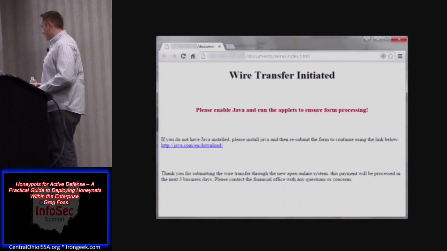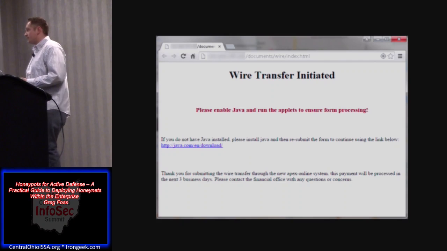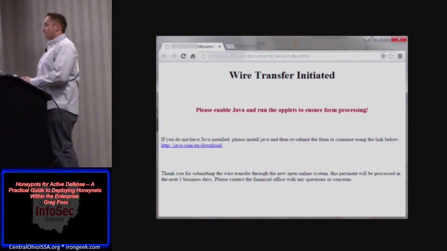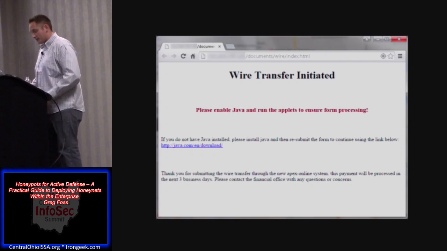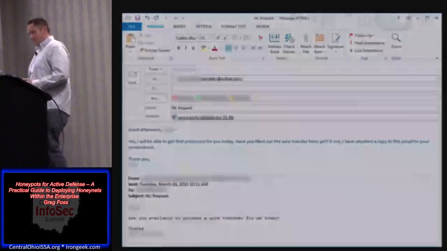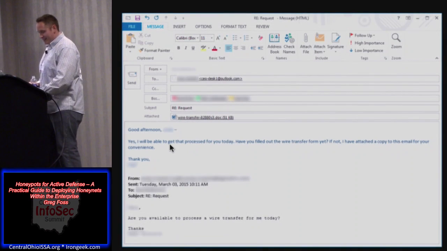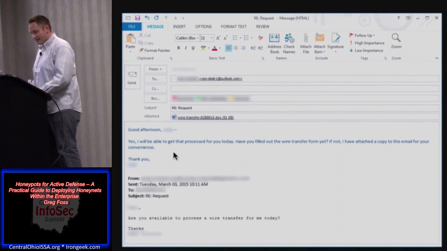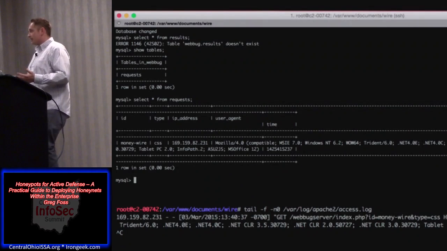"Please enable Java": we wanted him to run client-side code on his system. And we thought it might be believable because he had to process a form that was on his system through some sort of magic that we just created. But it worked. So here's our email that we sent back to him, just highlighting what we were asking him. And as soon as he opened the document, we were able to get his IP address,